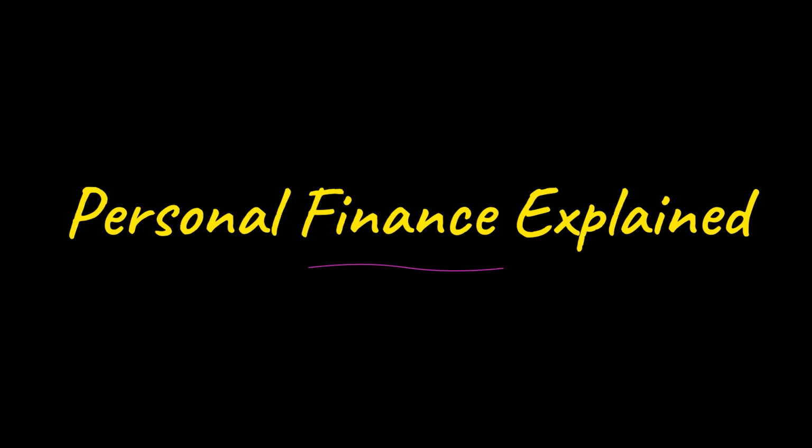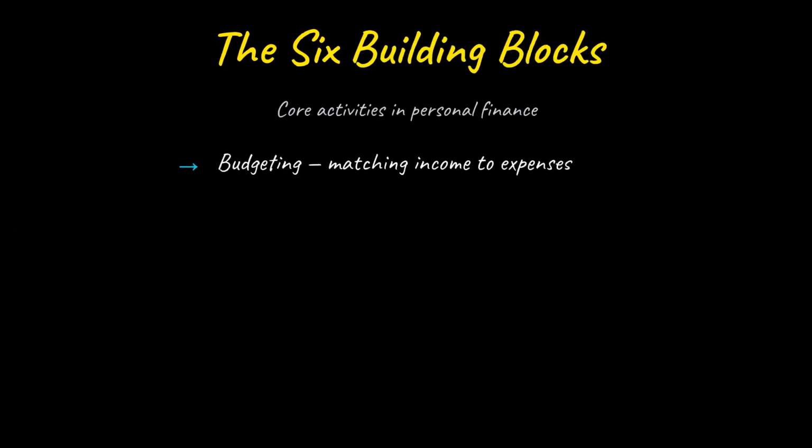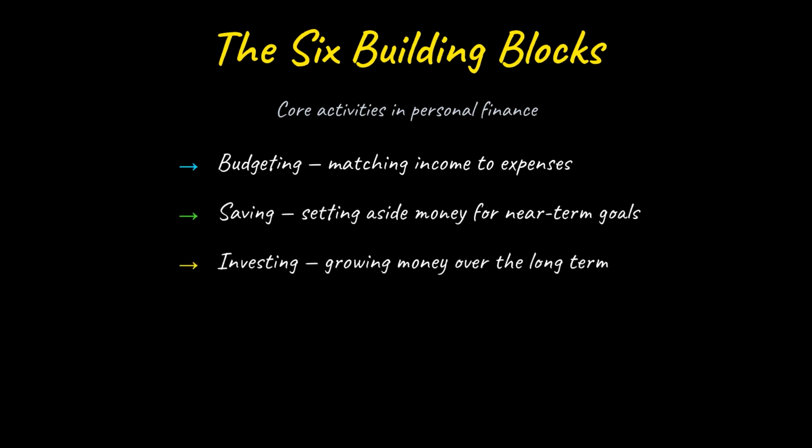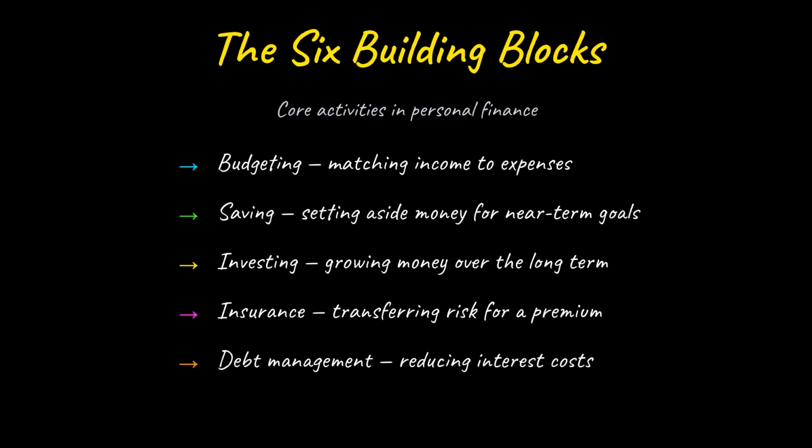It covers far more than just budgeting. It includes every financial decision a family makes across their lifetime. Mechanically, personal finance rests on 6 building blocks: budgeting, saving, investing, insurance, debt management, and retirement planning. Each addresses a different dimension of a household's financial life, and together they form a complete system for making trade-offs